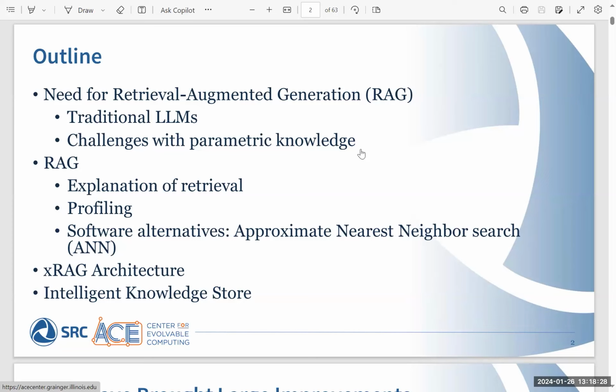Right, we have constructed a representative RAG pipeline. And then I will look at software alternatives to traditional RAG, specifically approximate nearest neighbor, that can speed things up. And then I will conclude that RAG has performance issues and look at accelerating it in hardware with XRAG, or accelerated retrieval augmented generation, and an intelligent knowledge store, which is a memory expander with near memory compute, designed to